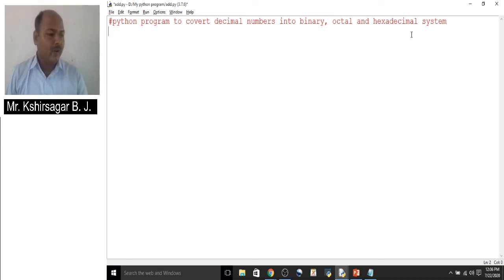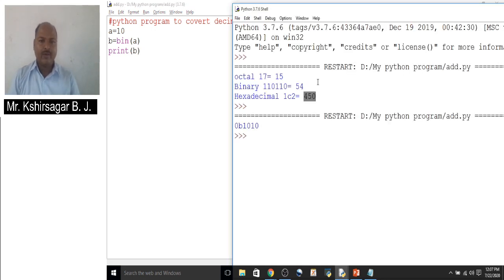Now for that we are taking some numbers. Suppose for example we have taken a equal to 10. Now b equal to bin of a. If you print the value of b, what do we get? We get the value in binary.